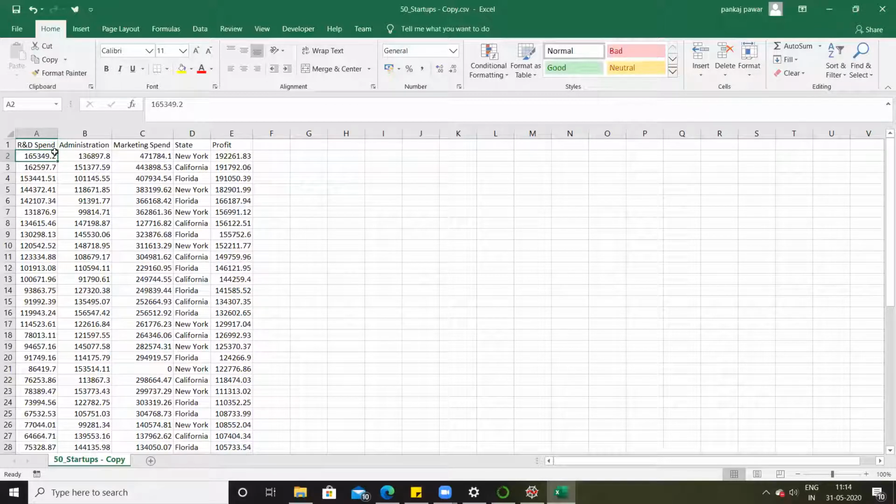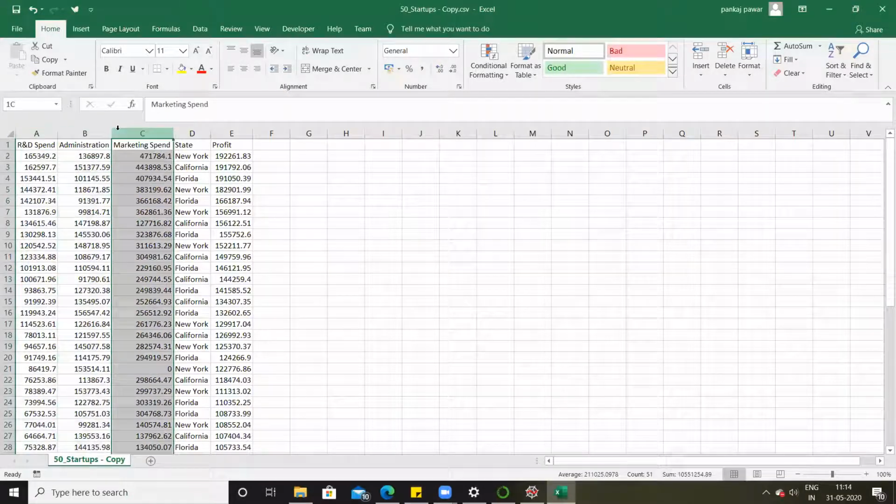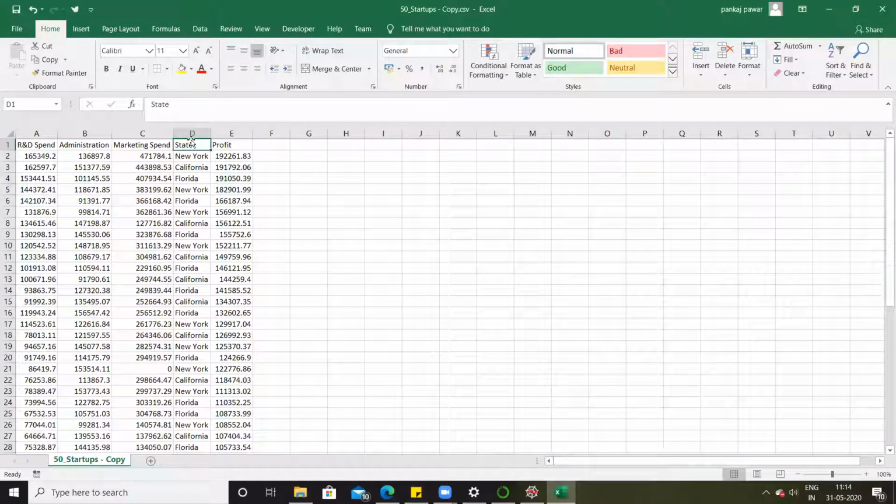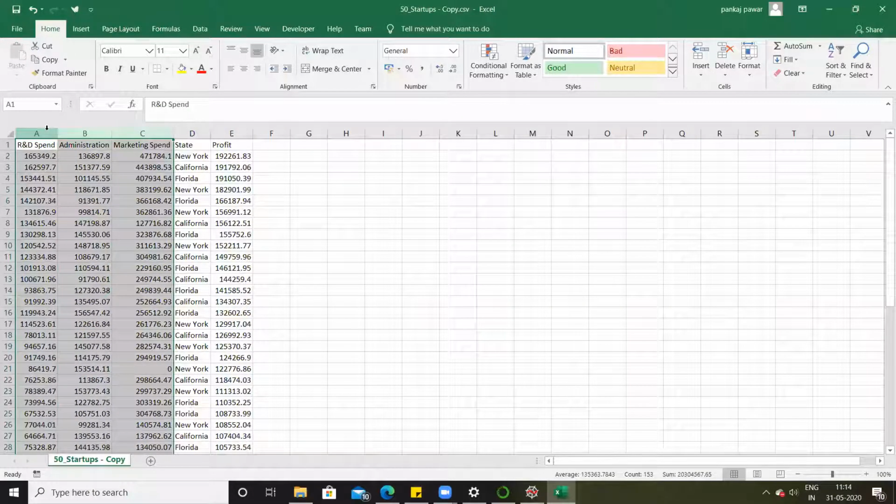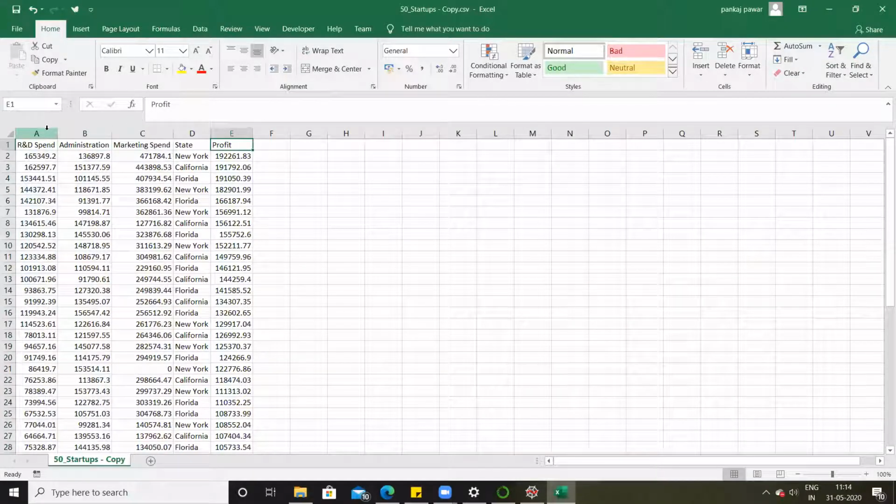All right, is the use case clear, everyone? Can you quickly confirm it on the chat window? Perfect. So here, we have multiple columns, which will be part of our input X. In our previous example, we only had one input column and one output column, right? But here in our input X, we have multiple columns. So we are going to use all of these columns as input, including the state, to decide what the profit of a particular company will be. All right, so let's do that.